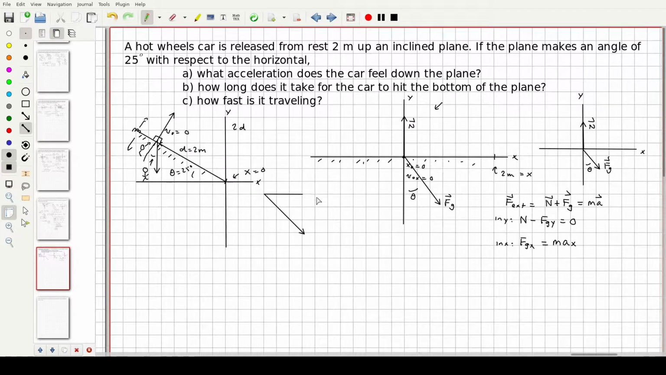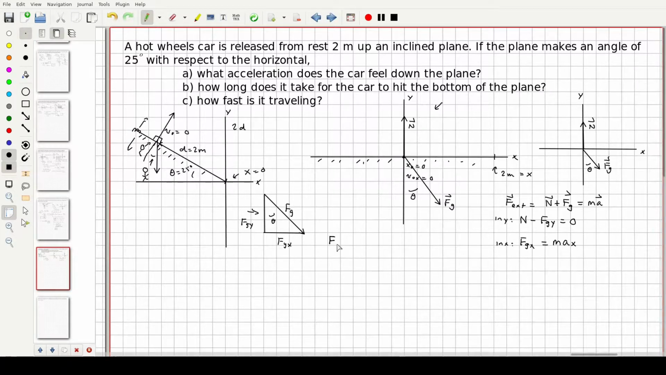Actually, I'm going to do this a little differently. Since we have the angle down here, we're going to do it this way. Like that. This right here is FGY. This is FGX. And this is theta. And this is FG. Now, in this case, FGX is the opposite side, and FGY is the adjacent side to the angle, which means